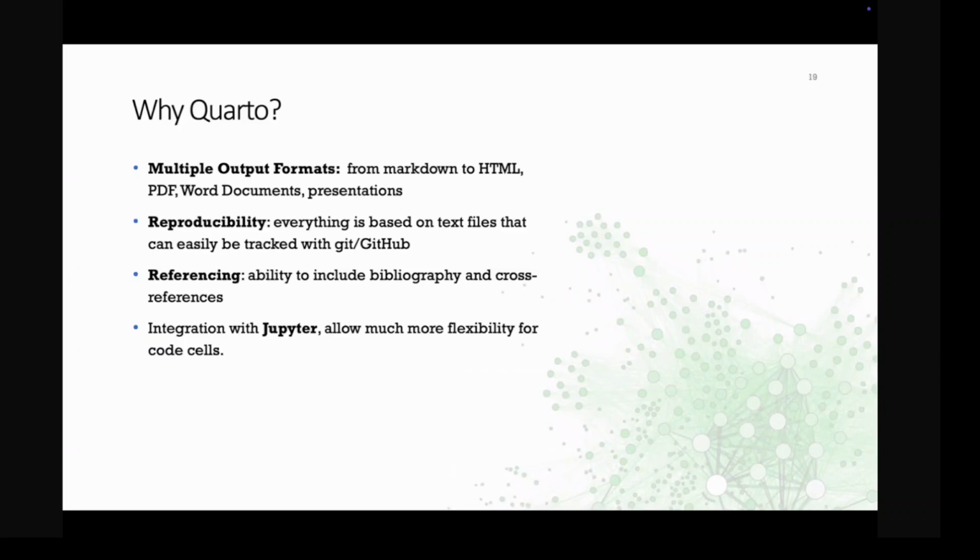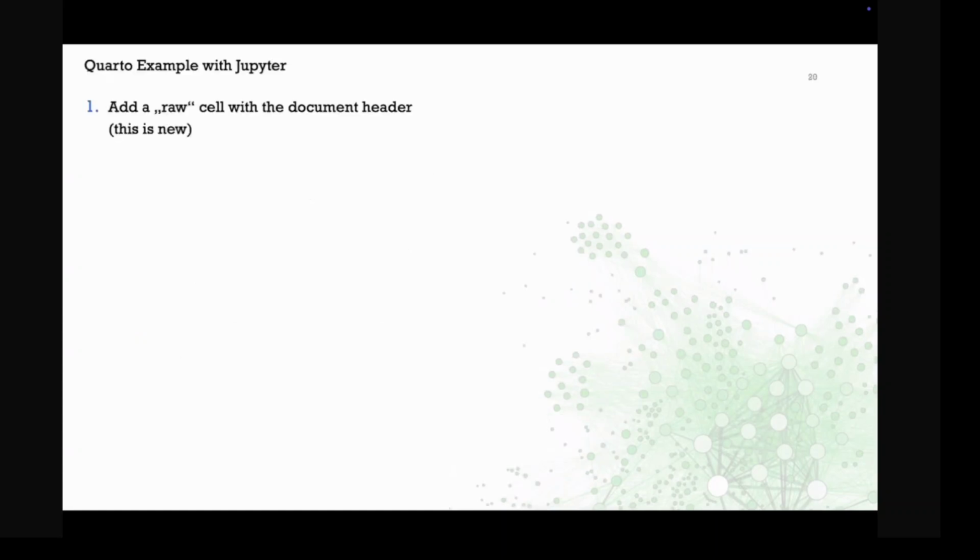And its integration with Jupyter, for me, was kind of a game changer because you have much more flexibility with your code cells. So here's an example that I took from the Quarto website. You start off by putting a header. That's something you're probably familiar with. They recommend doing that using the raw cell type, but you could also use a markdown cell type. Then you can give it the title of your document. Then you can add a lot of formatting